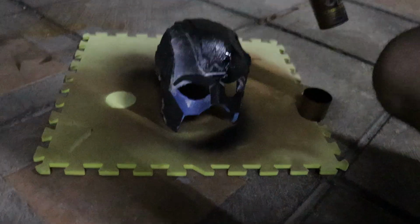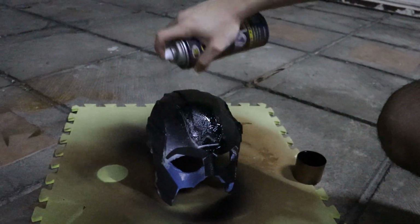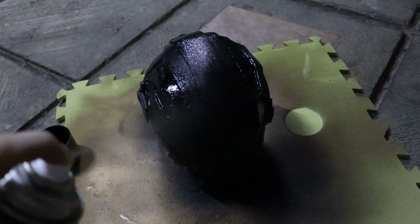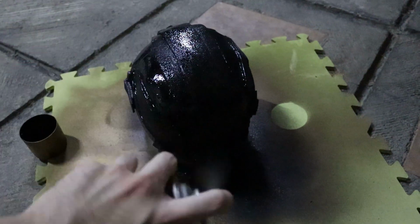The reason I use rubber spray is because I found that it doesn't crack and it has a nice even coat which I can use for primer. One of the main things I learned is spray as far away from your piece as possible. Between 6 inches to a foot away, and the paint should be nice and even as long as you use long strokes. I hit that with 1 or 2 layers, then I left it for about an hour or so,